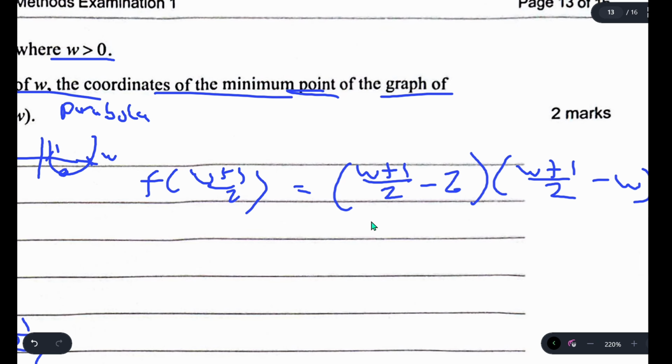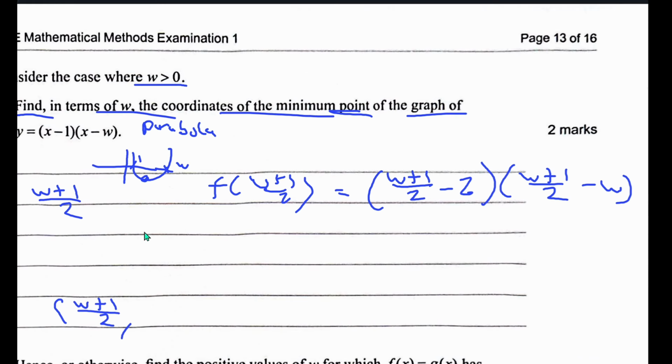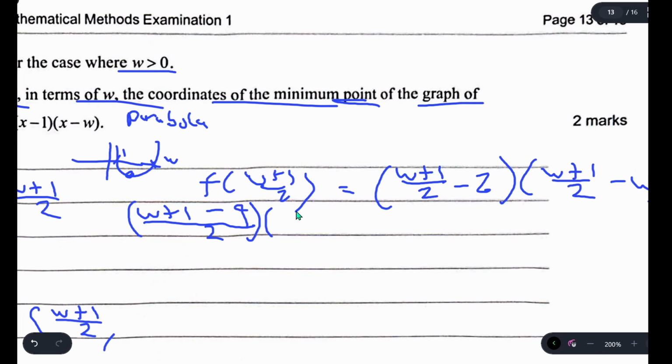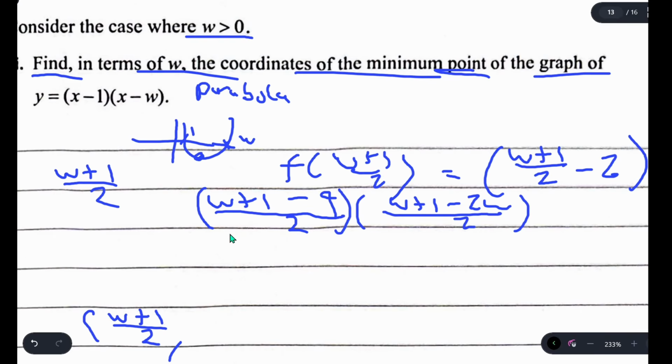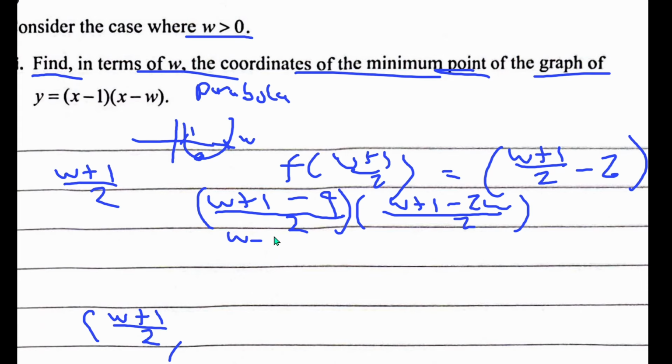So let's simplify that if I can. (w plus 1 minus 2) is being multiplied by (w plus 1 minus 2w) over 2, which equals (w minus 1) over 2